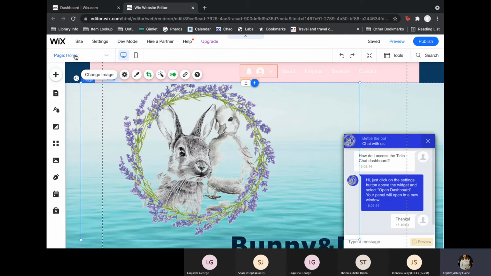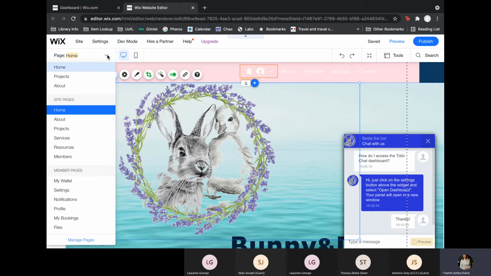Up here over to the left-hand side, you'll see this little corner. And again, your interface might be a little bit different, but it should be somewhat similar. You'll see these quick links to your pages. So whenever you're working on your website, just to get a little bit familiar with the functionality of Wix, if I wanted to move over to my projects page, you see over here